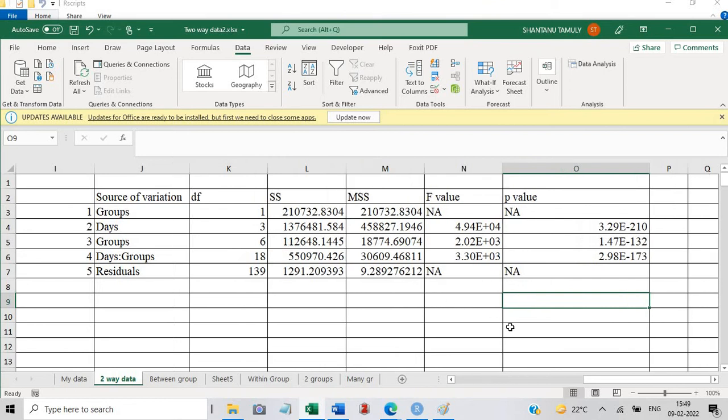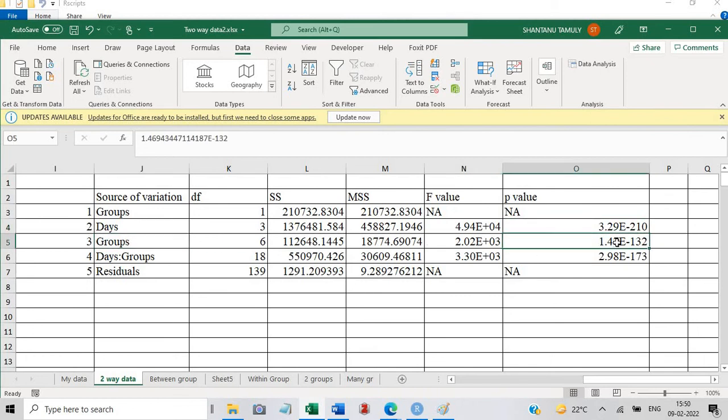Now this is the source of variation: days, groups, group days, residuals, all these things. What is to be seen here is that days are significant, which means the groups differ across different time intervals.